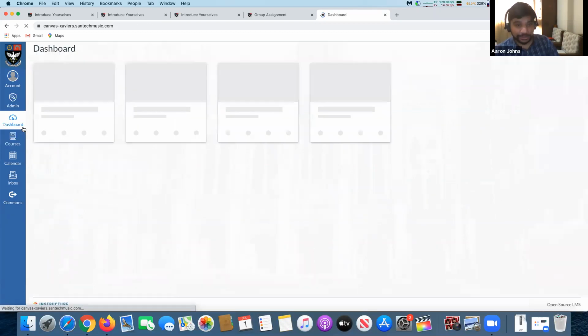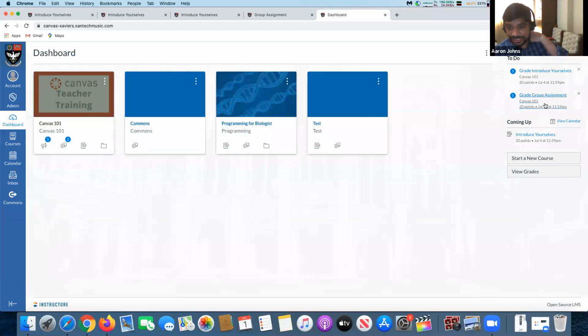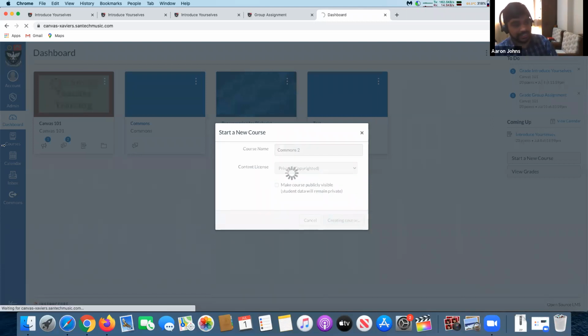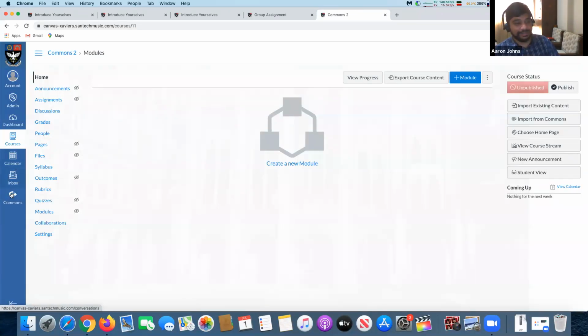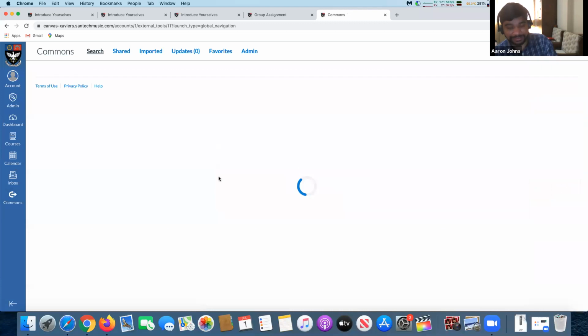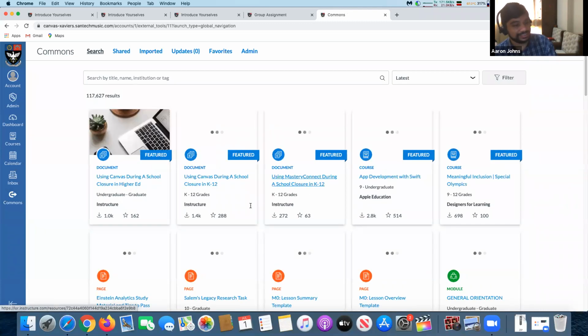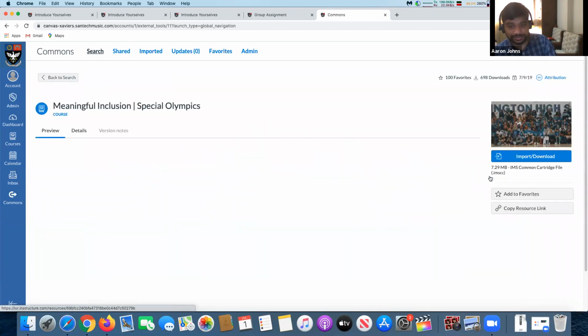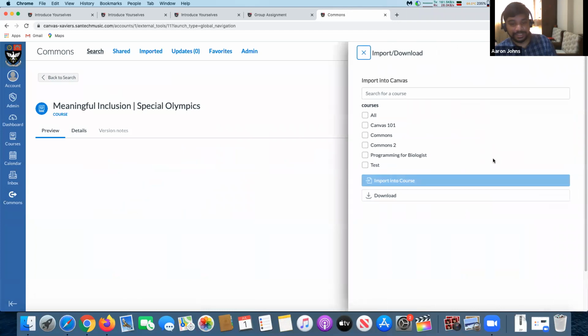But I'll put another course because this is such a big course. 500 MB is quite a big course, almost 2 GB. I'll take a small course from there, something which is very, very small. Something small, not big. This is a document, this is a small course. Let's say inclusive learning, 7 MB. Let's put it in Commons now.